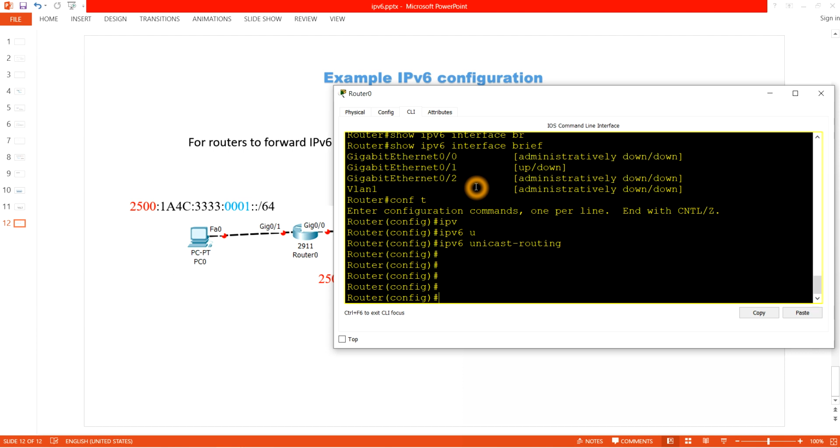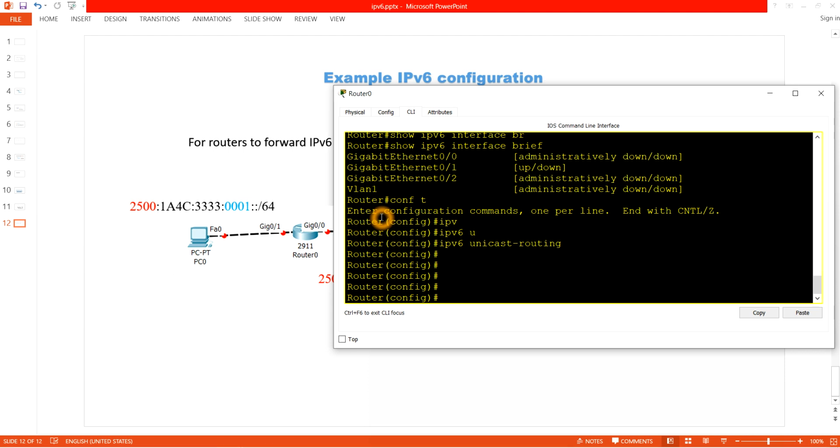Then we need to assign an IPv6 address to this interface, and we can use stateless auto configuration. We can use static manual. We can write manually. So let's see some of the techniques. So let's see how the router is going to calculate this interface ID using stateless auto configuration. So we are going to teach him the prefix, then using EUI64 format he is going to calculate